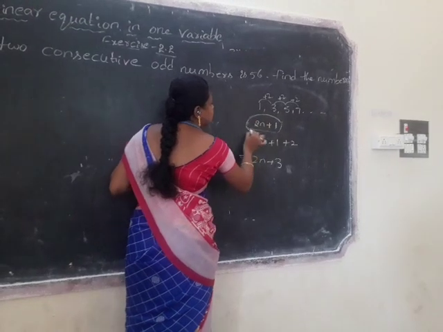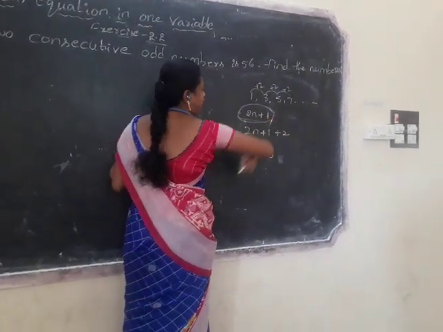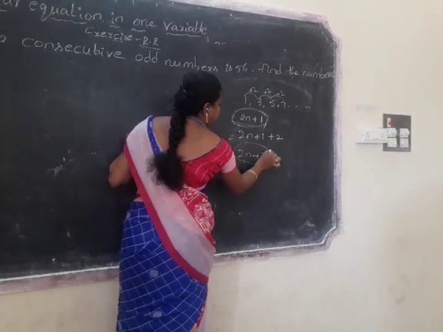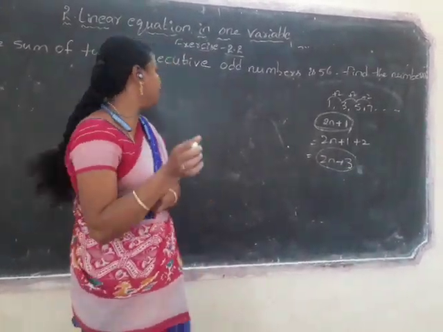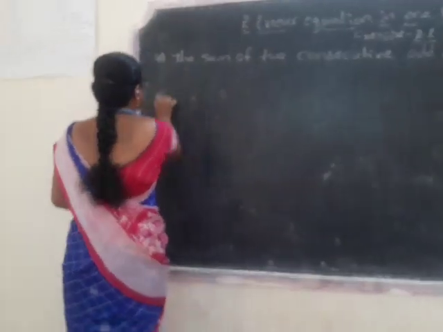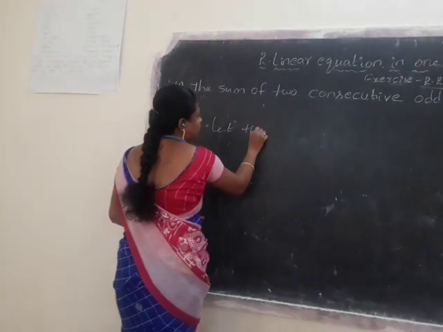The consecutive odd numbers are 2n plus 1 and 2n plus 3. Okay students? Now the solution: let the